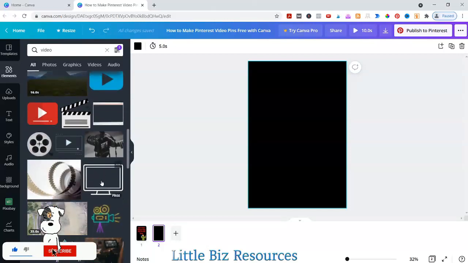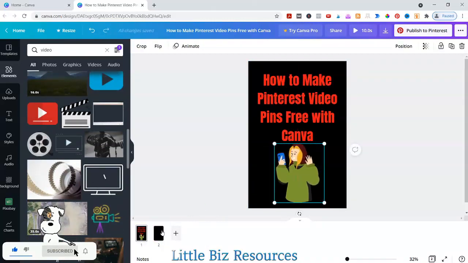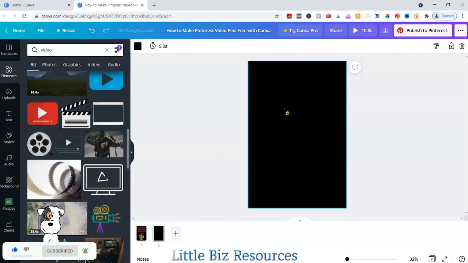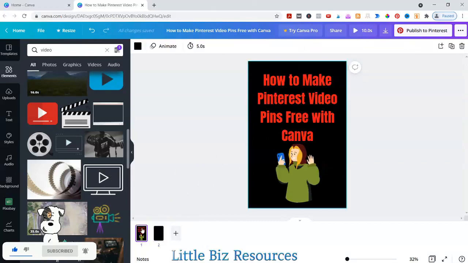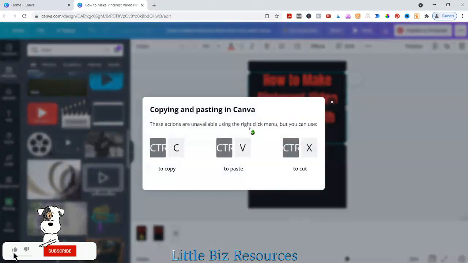Oh, here we go. This one would be good. Let's go back here and maybe we'll just, I'm going to copy my text. I kind of want to keep the same effect because it is a little bit easier to,